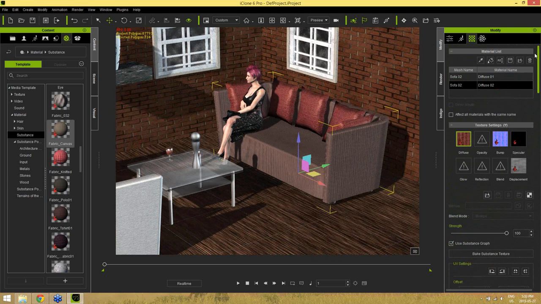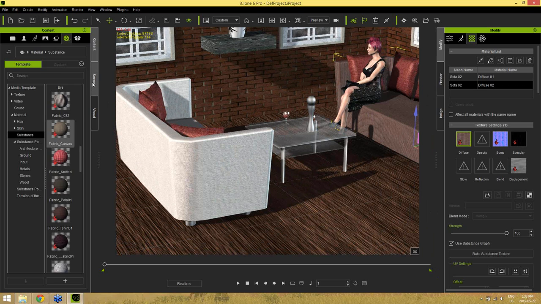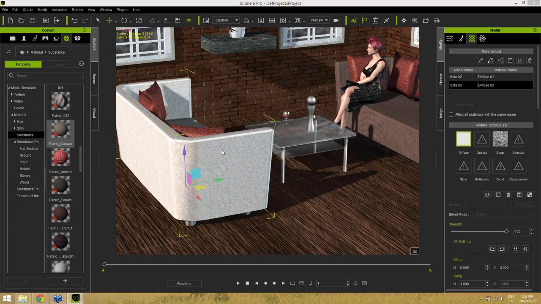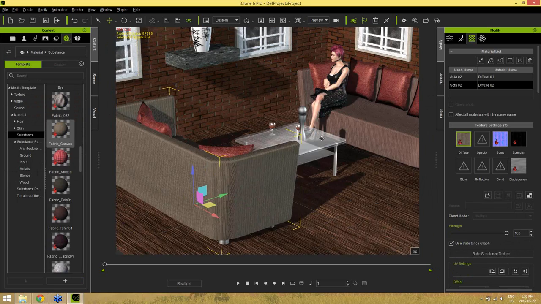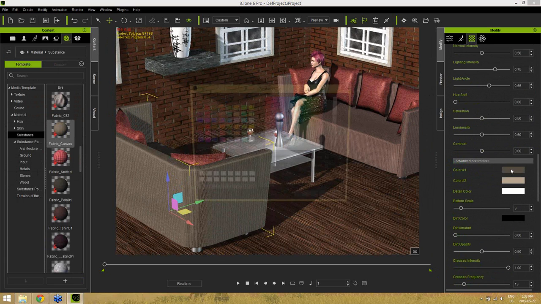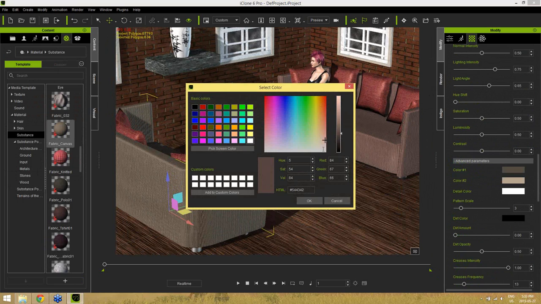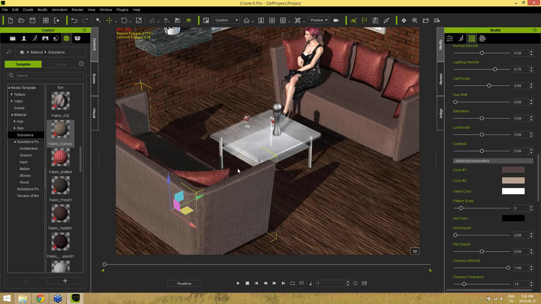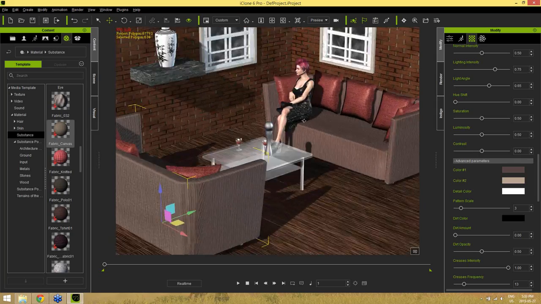And then what I can do is, with this material selected, go ahead, use our eyedropper tool, and then go to select our other sofa right here, and we can paste this one on our sofa. Oops, we need to assign the material. Well, let's just go ahead and do it the easy way. It can be a little bit different color, that's fine. This one right here, and just scroll down here and change that first color. I think that's a close enough match right there. You can spend more time getting the matches exact, but like I mentioned before, I'm not too concerned about that